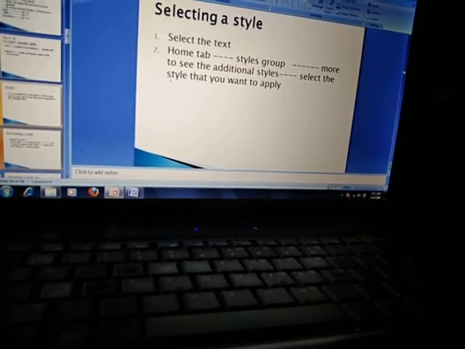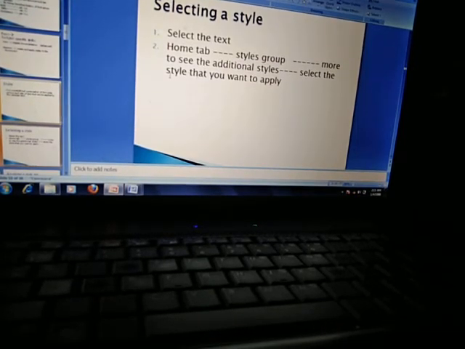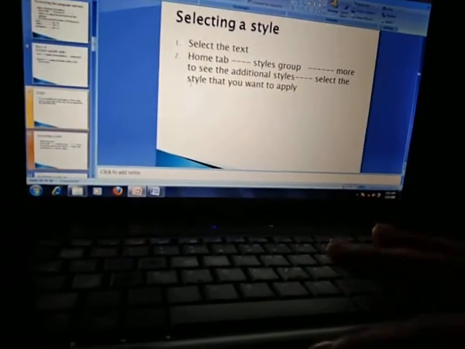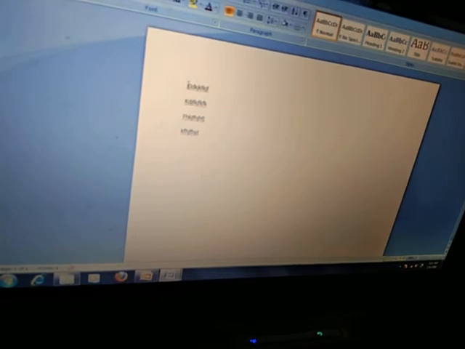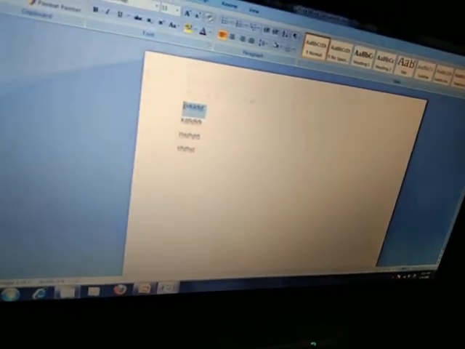If you want to apply a style, what do you have to do? First you have to type some text, then select the text, and then on the Home tab in the Styles group, we have these styles. So first we will take a practical look. Click here. I am writing something. Already I have written something. For this, first we have to select the text.